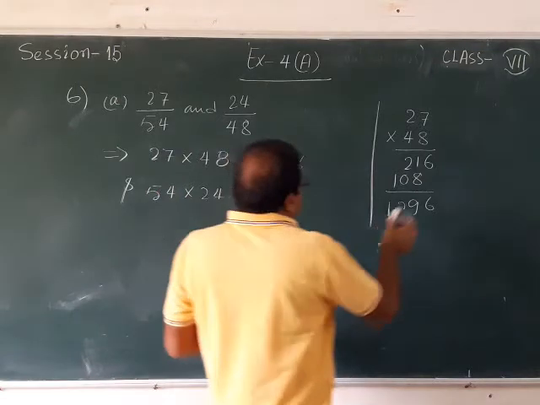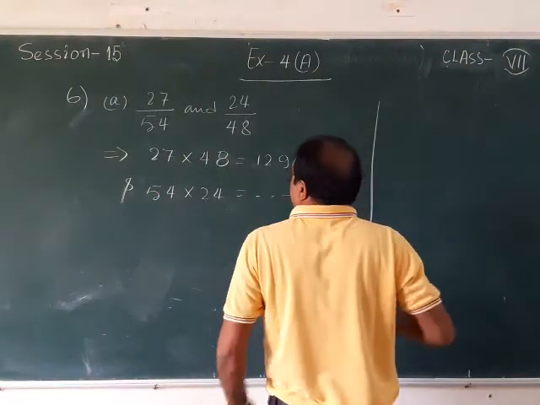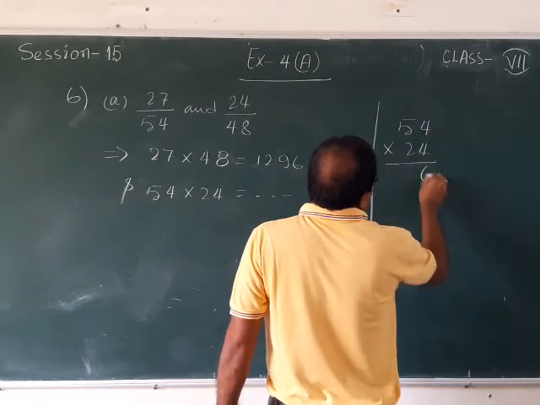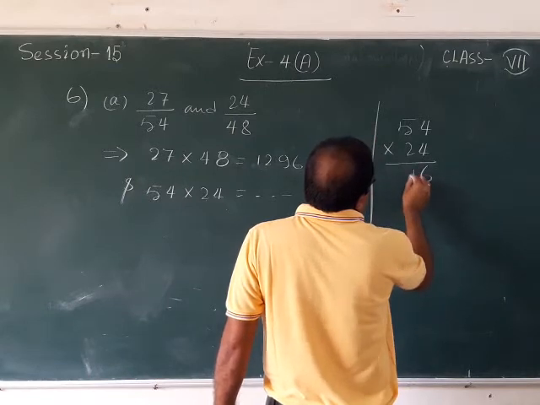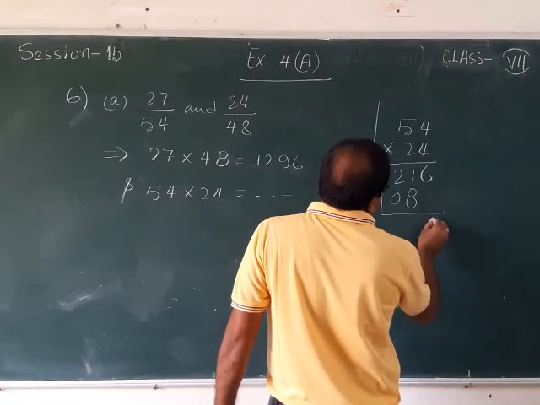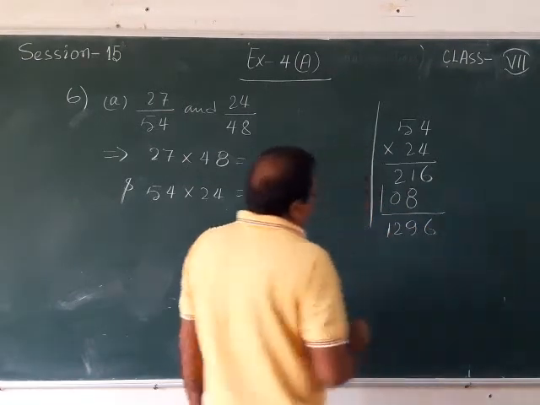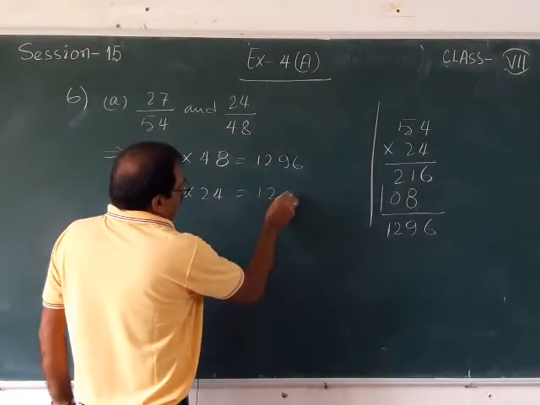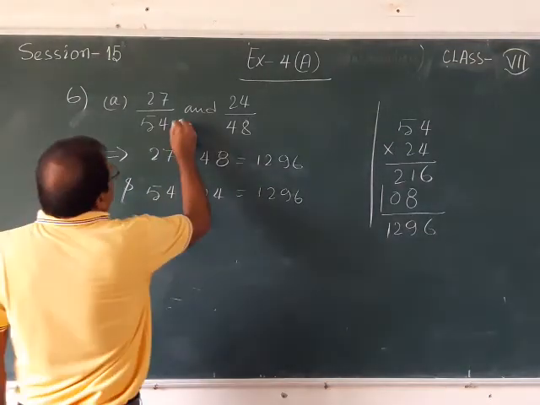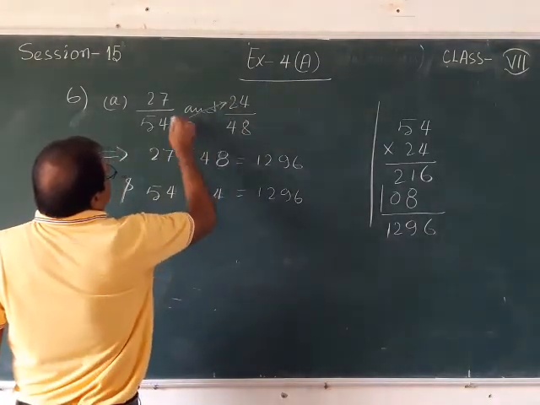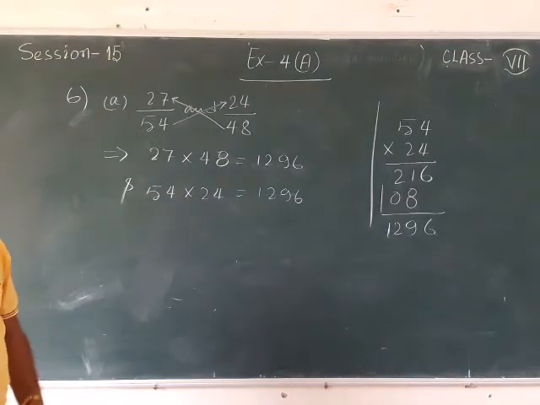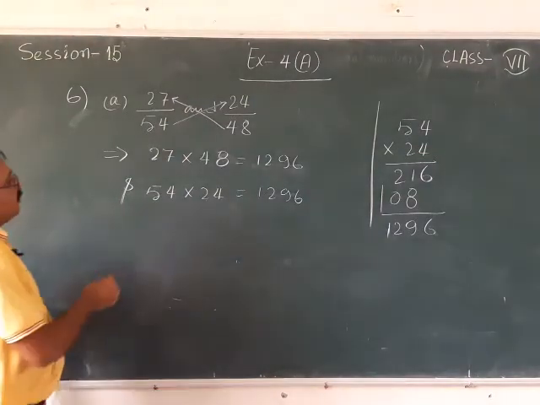Then the second number also you need to multiply, just multiply it normally. 54 into 24, what is it coming? 4 4s are 16, 6 carry 1, 5 4s are 20 and 1 is 21. Now 4 2s are 8, 5 2s are 10, 6 8 1 9 2. So 1296. You can see the product is the same. So in cross multiplication you need to multiply 54 by 24 and 48 by 27. Like that also you can check. If both are coming the same, that means you can write,